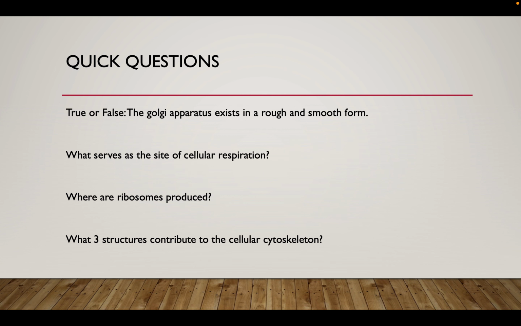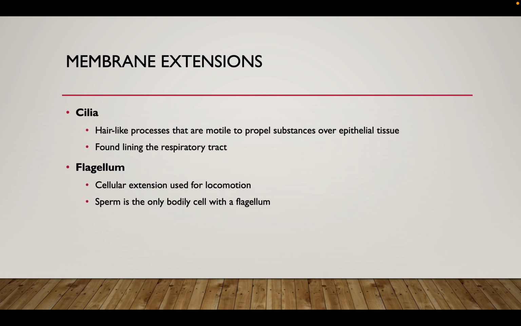Where are ribosomes produced? This is what we just talked about. Ribosomes are produced in the nucleolus, which is within the nucleus of the cell. And then what three structures contribute to the cellular cytoskeleton? We know we have microtubules, you have intermediate filaments, and you have microfilaments. So we will stop here and we'll pick up with